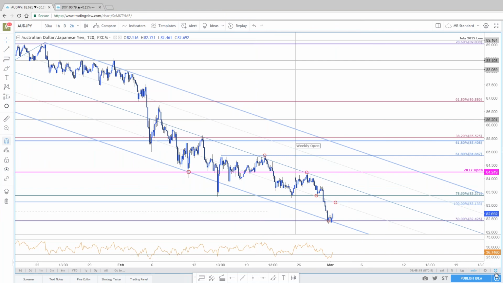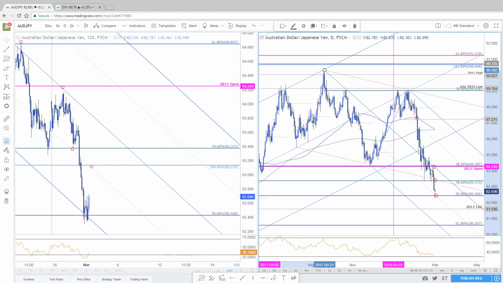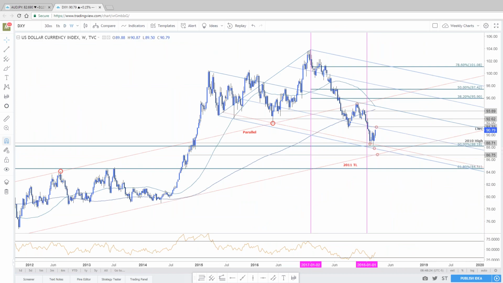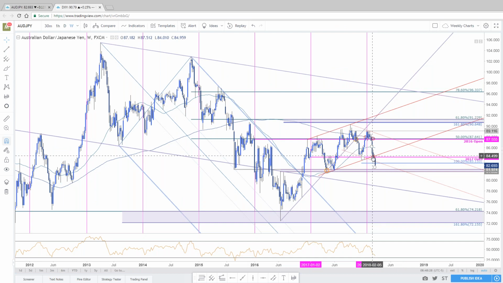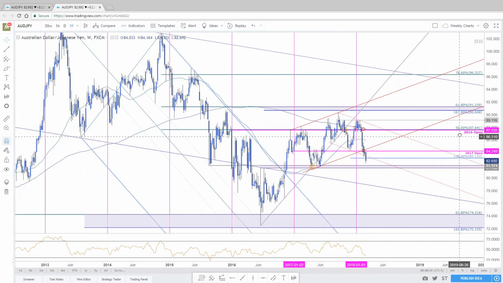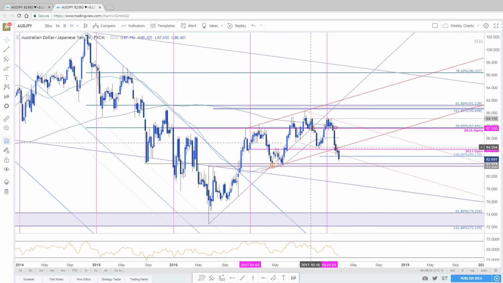Daily charts. Let me just show you what this looks like again real quick. If we break below this threshold, and Aussie yen is something, again, even on the weekly charts we've been tracking. Here's the weekly chart. This was a big region. We talked about 2017 open at 84.25 as we were breaking it a couple weeks back. And we were worried about this. Basic slope support, right? It's a parallel off the high.